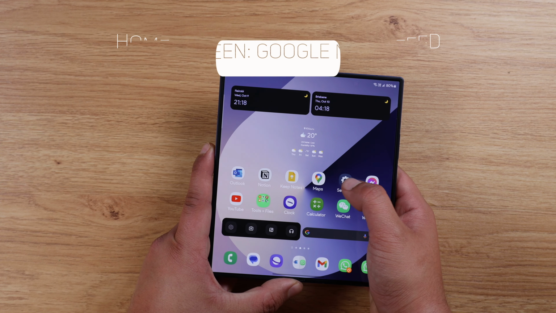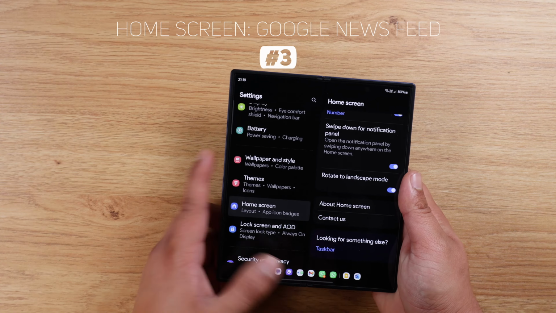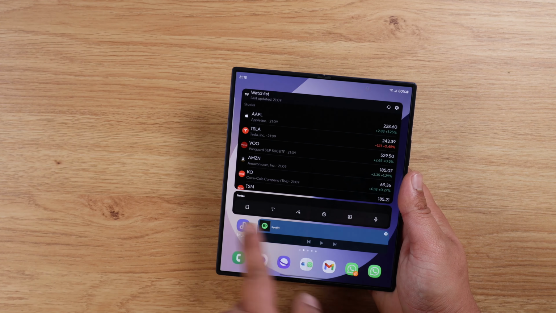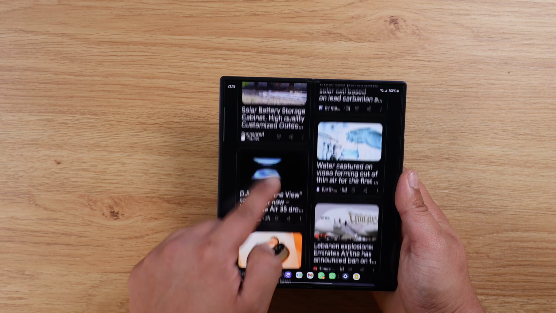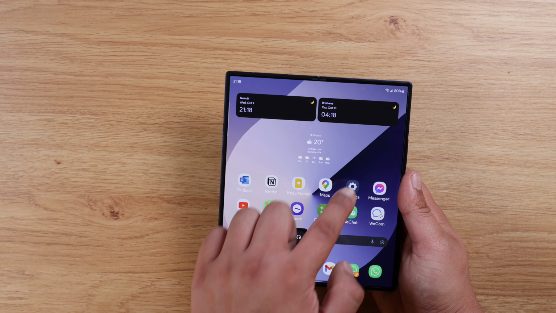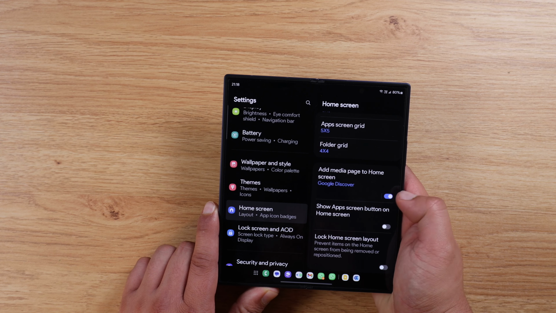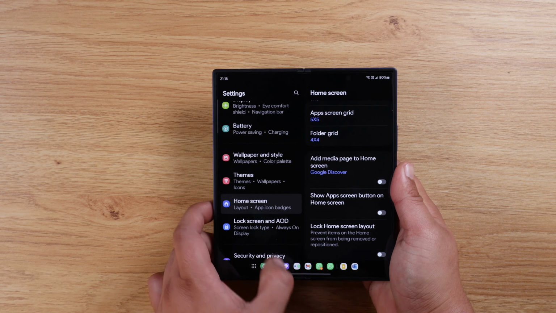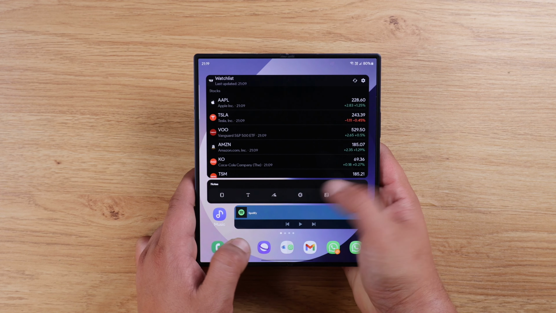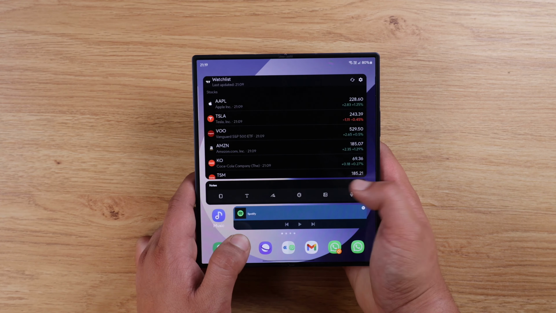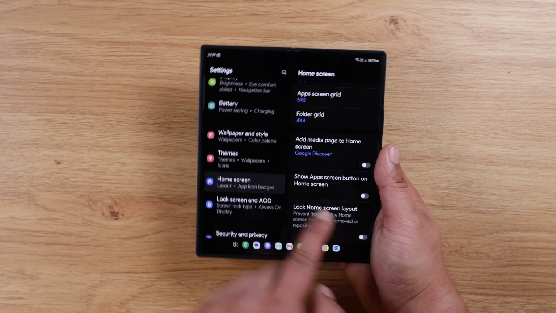Now the third feature in the home screen is activate Google News Feed. So on most Android phones, when you swipe completely to the left, you find your Google News Feed. Now this can be turned off in settings and add media to homepage. So if I toggle this off and I go back, you can see that that setting has gone. So you cannot access the Google News Feed like earlier from the homepage. So I like to usually put that on. And as you can see,